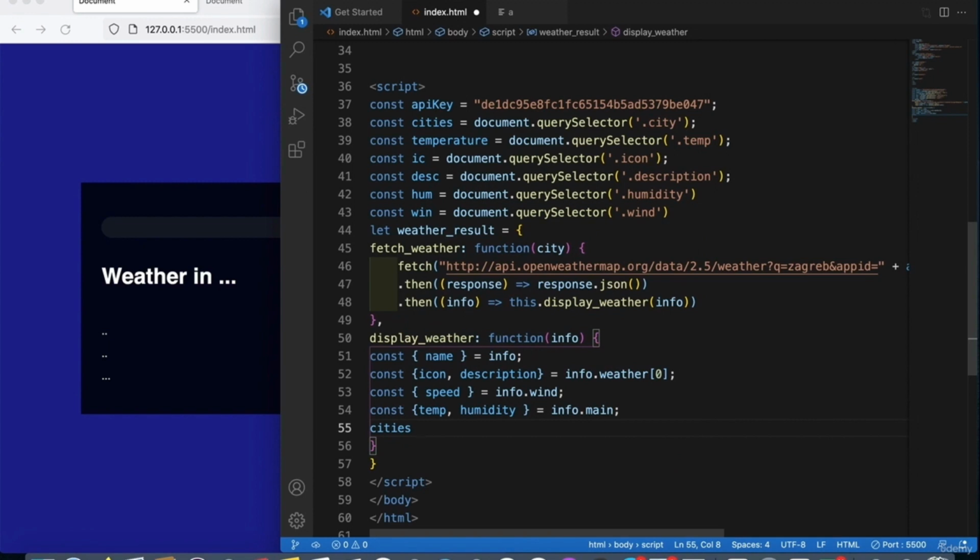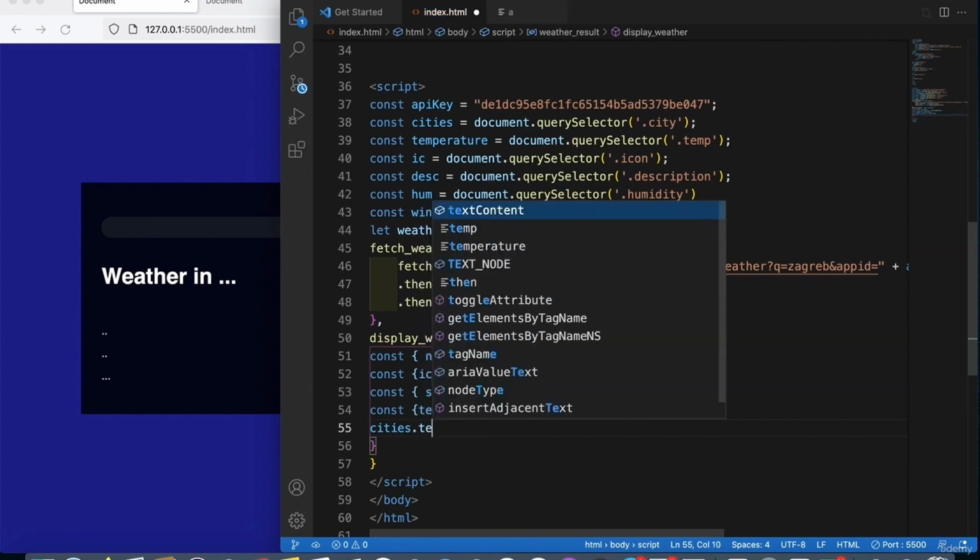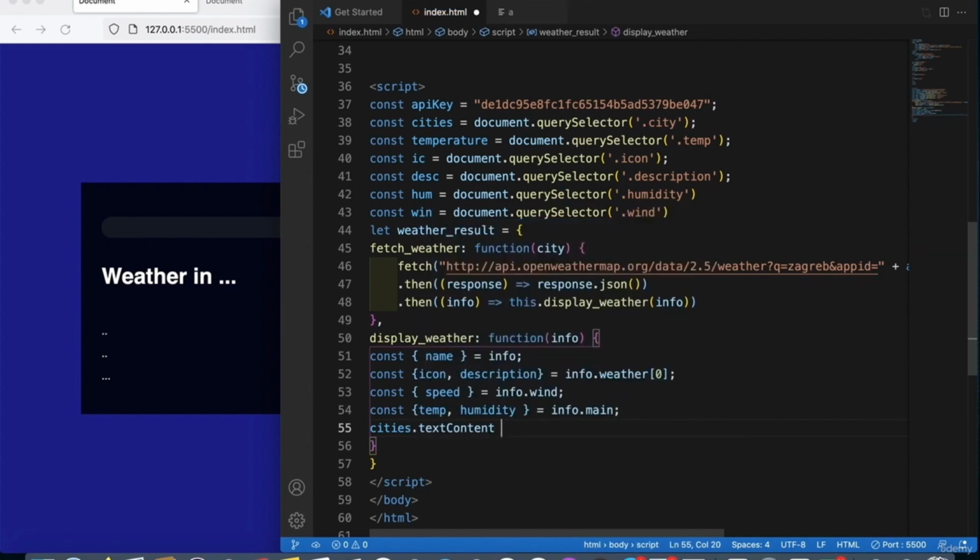Cities equal to, sorry, the cities.text content. Text content is equal to the weather in plus the name, and this will be according to the input. So let's keep going right here, and then after this part we will make the